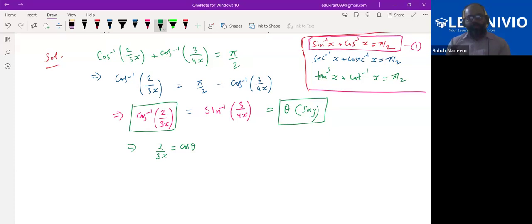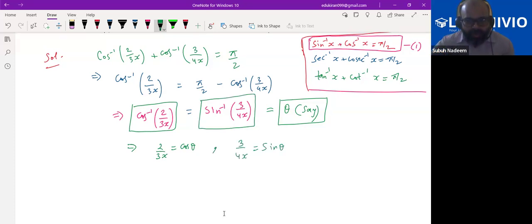And sine inverse 3 by 4x is equal to theta, means 3 by 4x is equal to sine theta. This is what we have done till now. Now we can use this property that we have